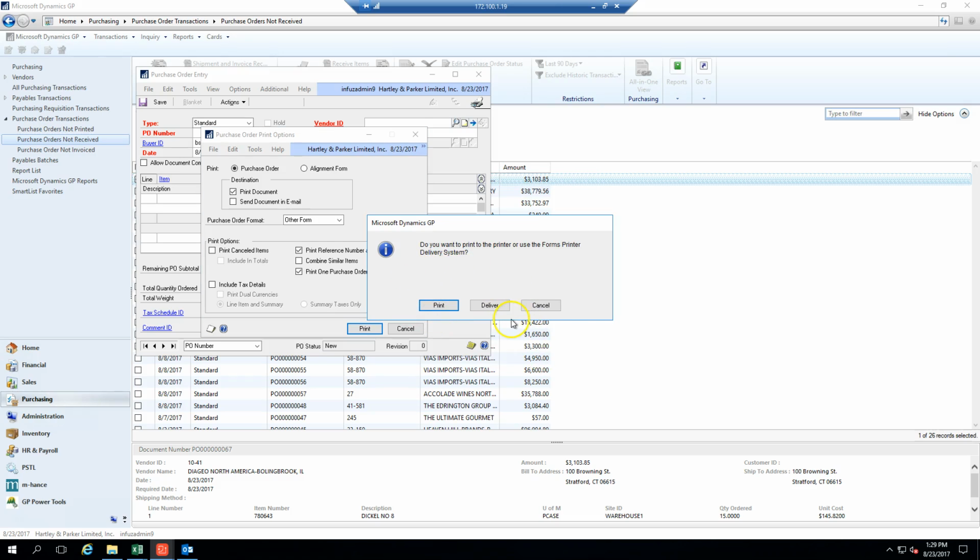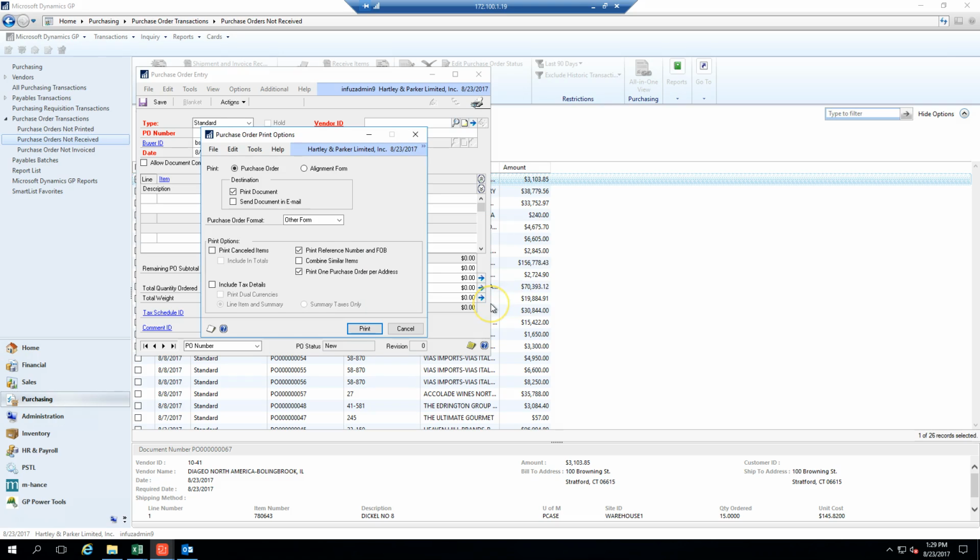Then it's going to prompt you and ask you, hey, do you want to print or do you want to deliver? In our case, we want to deliver. And once we hit that deliver,